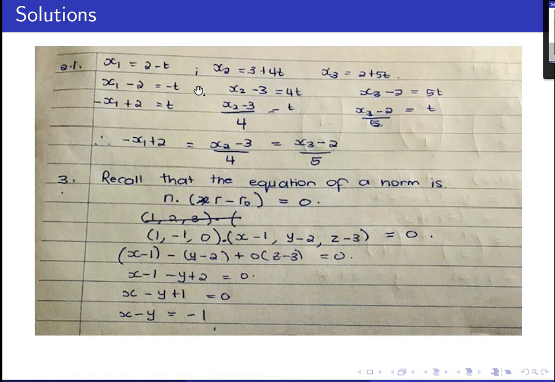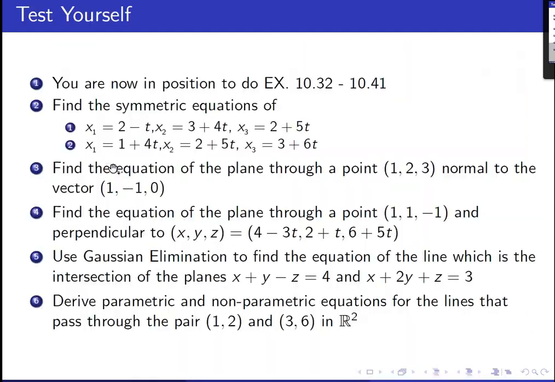I already have the solution for 2.1 here. As you can see, I solved the first component for t. I also solved the second component for t, and the third one. Once I've solved these for t, I equate them together. And if we move on to 3,